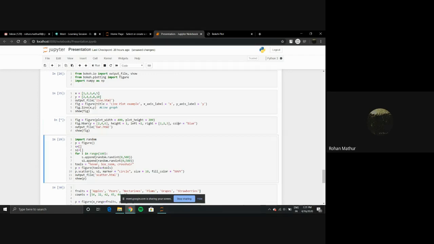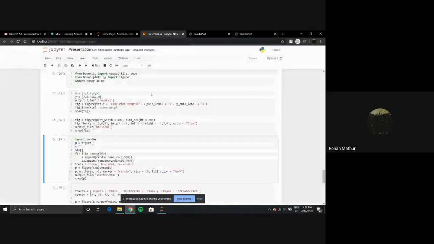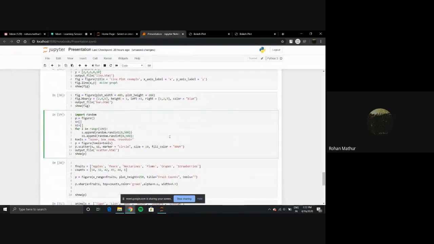When I run this, I get a horizontal bar with color blue as mentioned, and my data for each bar.